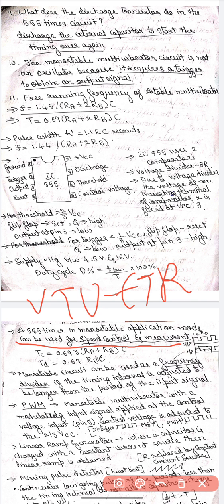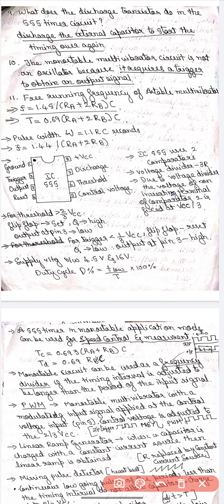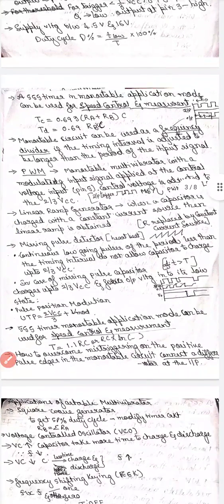A 555 timer in monostable application mode can be used for speed control and measurement. T_C equals 0.693, what we have written before. So here 2 into R_B you should get. Next, a monostable circuit